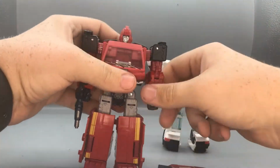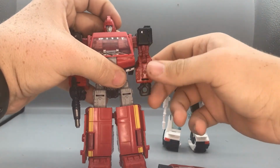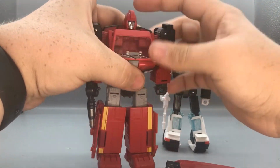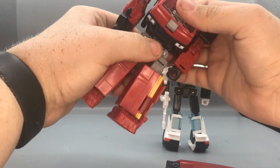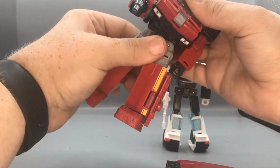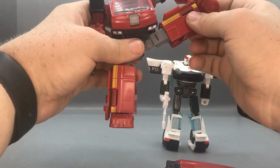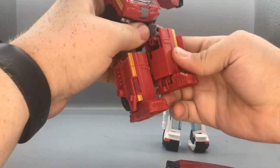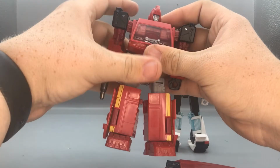So I'll take the shield off Ironhide. He has a bicep swivel here. As you see, his arm moves up and down like that. Rotates. Single joint elbow, it bends at 90 degrees. Wrist swivel. Head is 360 motion. Very tight waist swivel here, as you can see. He can kick forward that far, back that much, move his legs out for a beautiful spread. Single joint knee that bends at 90 degrees, and ankle pivot. And then that's it for Ironhide's